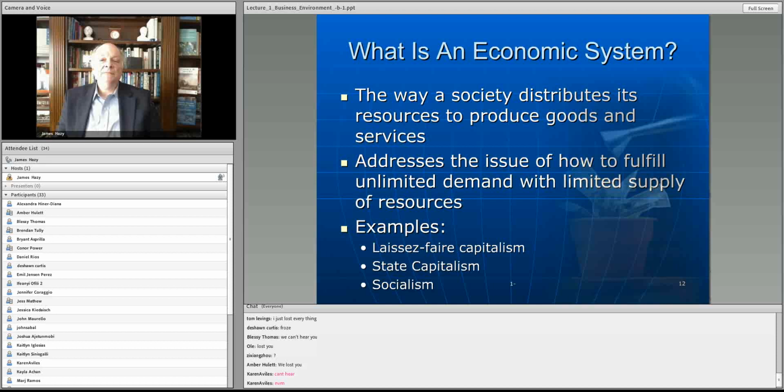State capitalism, people go in, markets are still owned by individuals, but they're regulated. And then socialism, the government itself, the overall organizing, governing system of the state owns the production and produces the cars and sells them, and all the profits and all that go back to the state. And so that's how the process and how the system works. And people are paid based upon however the government wants to pay them. There's no negotiation associated with that. So that's the way that the different kinds of economic systems work.